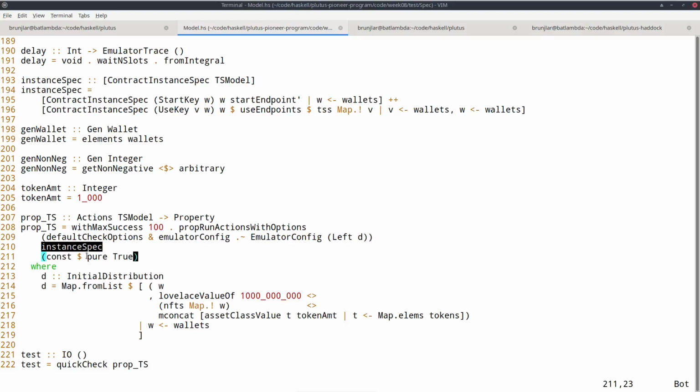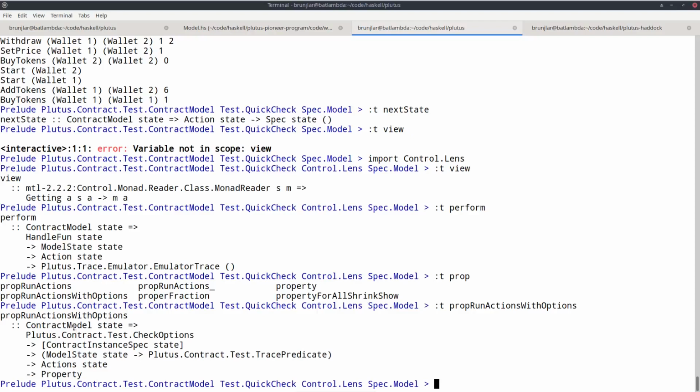It comes from applicative. If you check again, we provide the first 3 arguments. So the result of this is now a function from action state to property. And provided QuickCheck can compute random actions, it will be able to test that. So this is now something QuickCheck can handle. So we can actually try this.